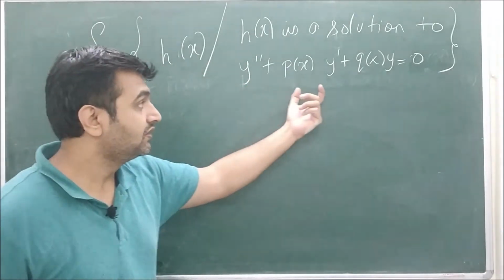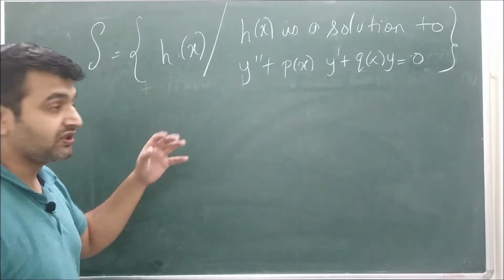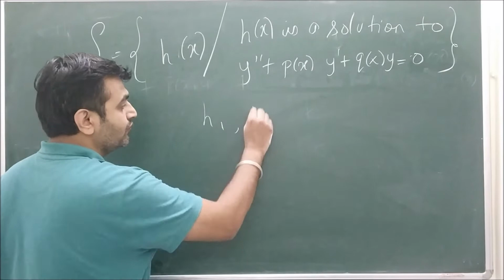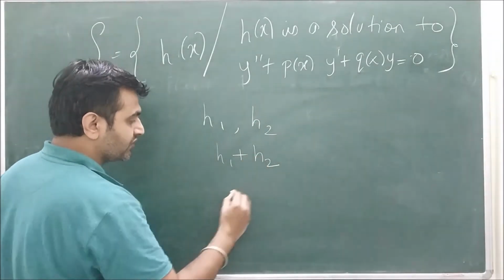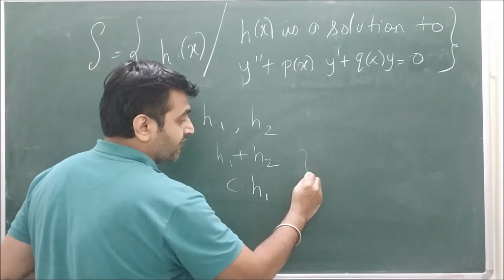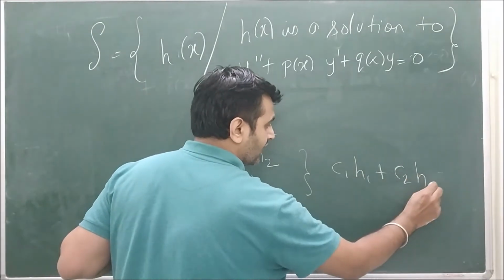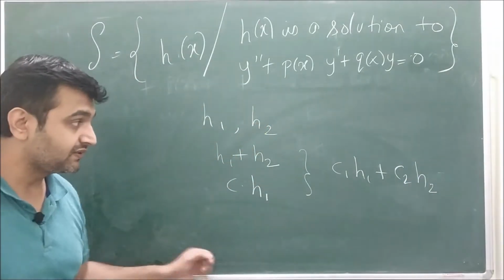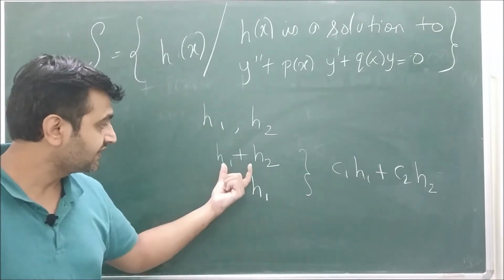So H is the solution of this differential equation, and what we proved is if you take two solutions, say H1 and H2, then H1 plus H2 is also a solution and c times H1 is also a solution. I can combine these two conditions. Ultimately what you proved is this is a solution. But if you want to separate the conditions, this is scalar multiplication and this is addition.